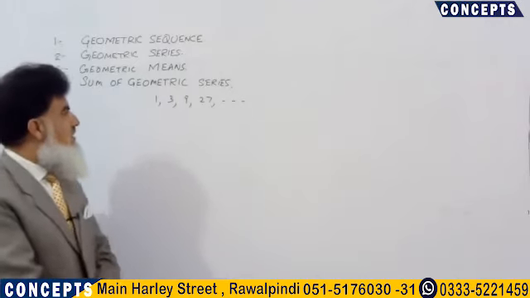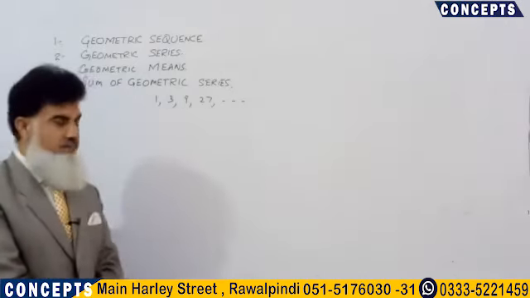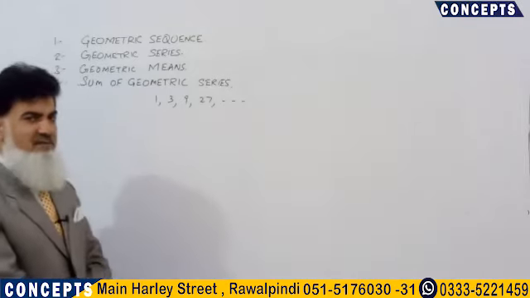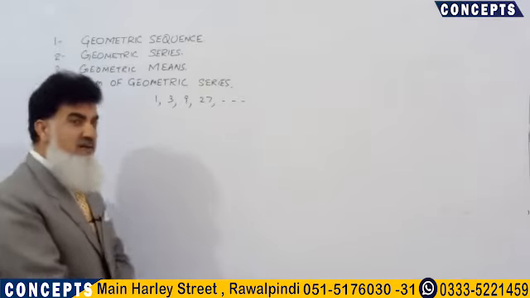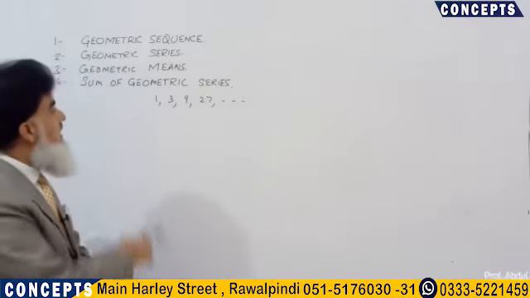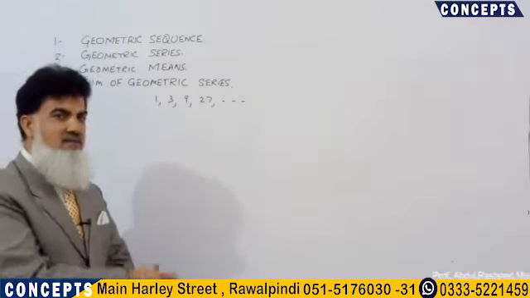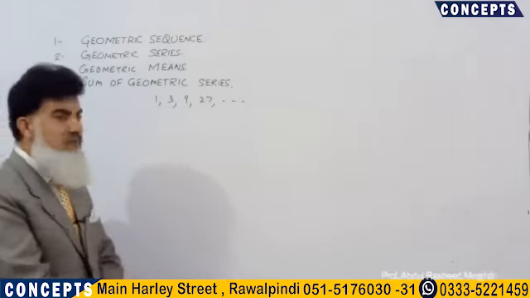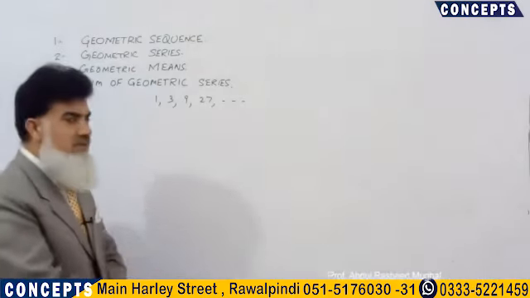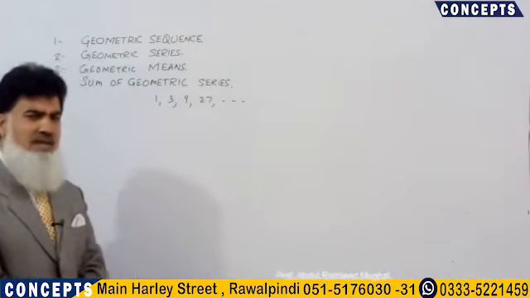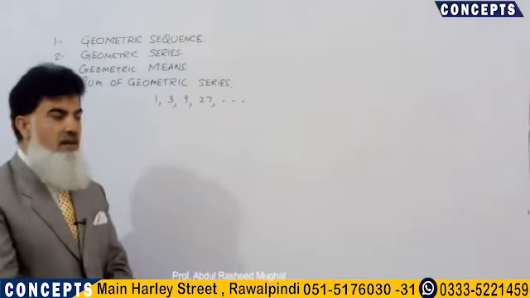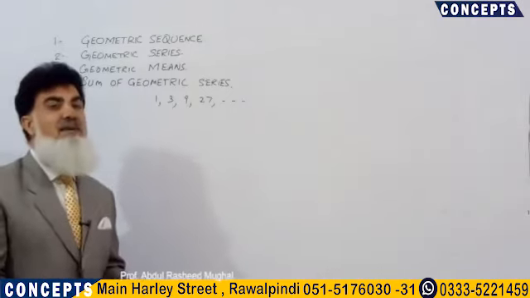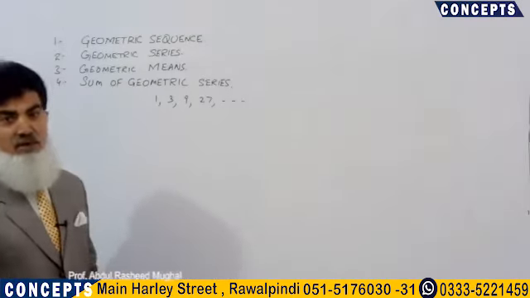Look at the numbers 1, 3, 9, 27 and so on. There is a pattern used in these numbers. If we consider the first term of this arrangement as 1, the second is 3, the third one is 9, the fourth one is 27. This shows that each term is multiplied by 3 to get the next term. This number which is being multiplied is known as the common ratio.